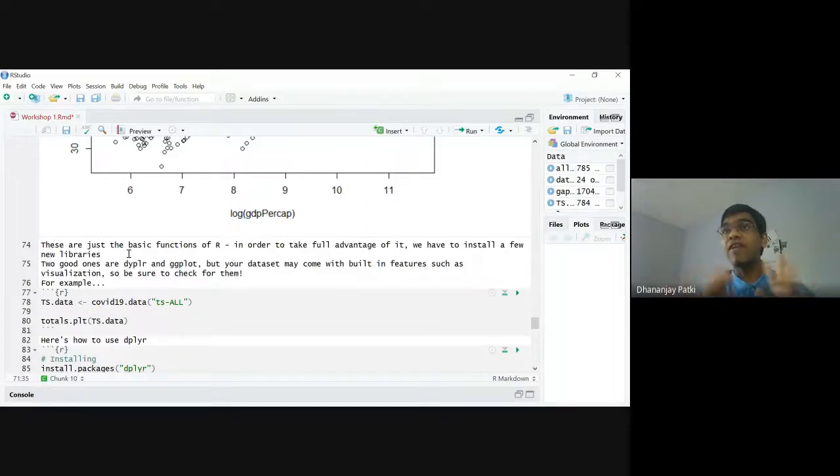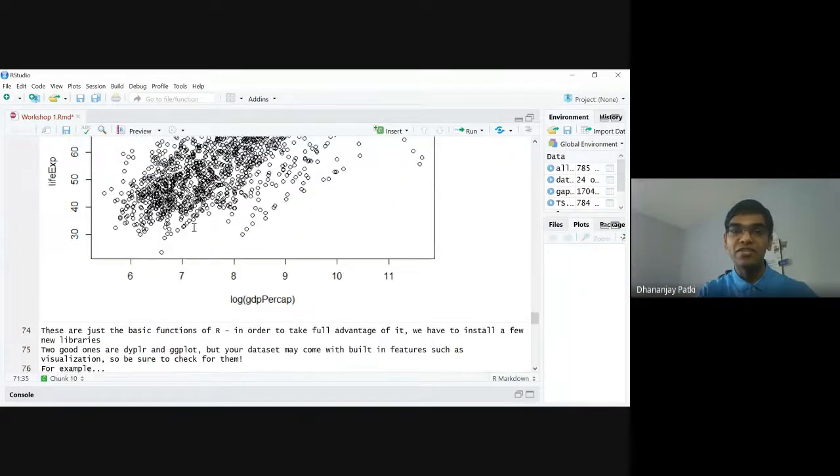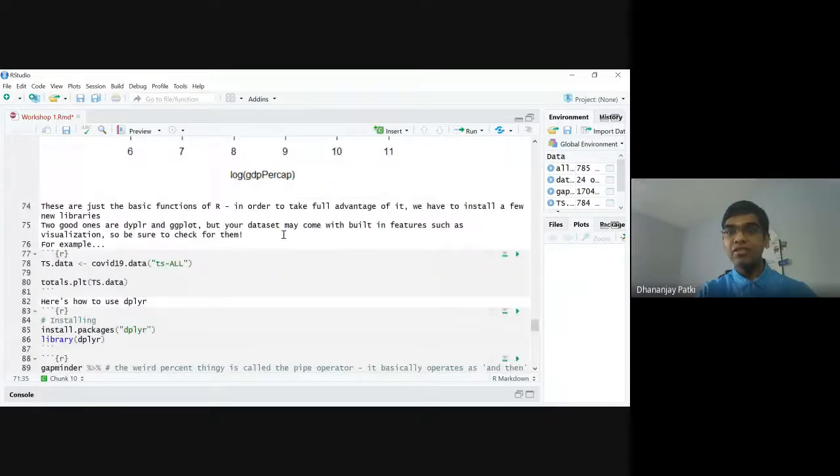If you want to take full advantage of it for data visualizations and making things pop and look cool, and not be sad black and white images like this, then you'll have to install a few libraries that aren't part of the vanilla stock version of R. The ones we're going into today are dplyr and ggplot, but again, check the documentation of the data set, because oftentimes the people who make them are really nice and better at programming than you or I am. They made a whole bunch of cool stuff that makes cool graphs, and it does things that you would probably not be able to do on your own in a week. So for example,